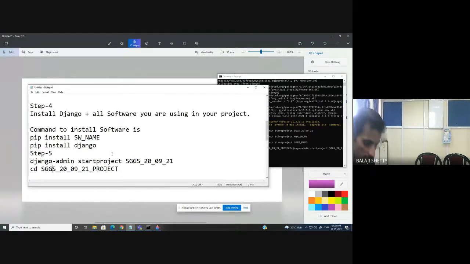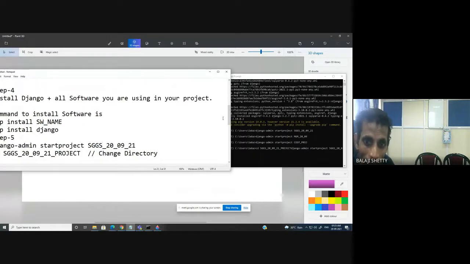Here I change the directory. You mention whichever project you have created: cd HGS 2009, cd MGM 2009, cd COEP project. Clear? So after that, what do I have to do? What is my next step?